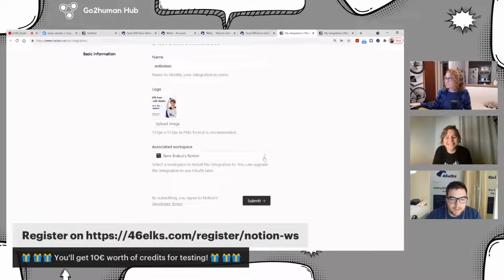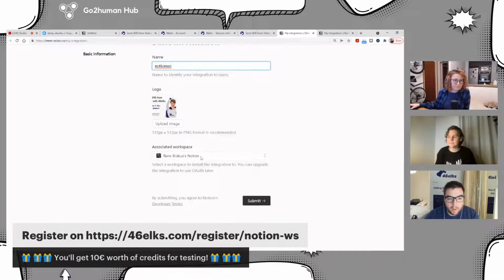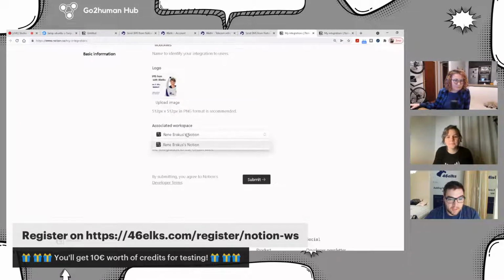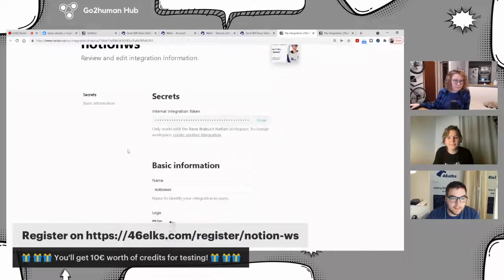And you can select the associated workspace. So obviously you have to have the workspace for this to work. And pretty straightforward. So we have the Notion VS name as the name to identify your integration to the users. We have some sort of a logo, and we have associated with this workspace that I have created earlier. Submit, and